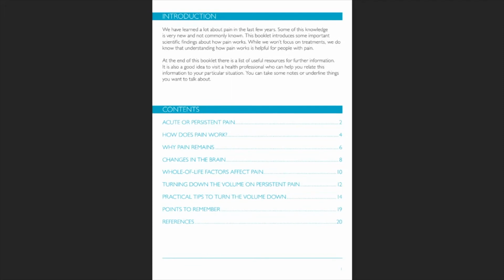I use this and I give this to patients to be able to read. Hey, have a little read of this stuff following on from that video we just watched. When it comes to our next session, maybe just circle or cross a couple, put a star next to a few things that maybe spoke to you or the things that you were a little bit unsure of, and we can elaborate and talk a little bit further on that.